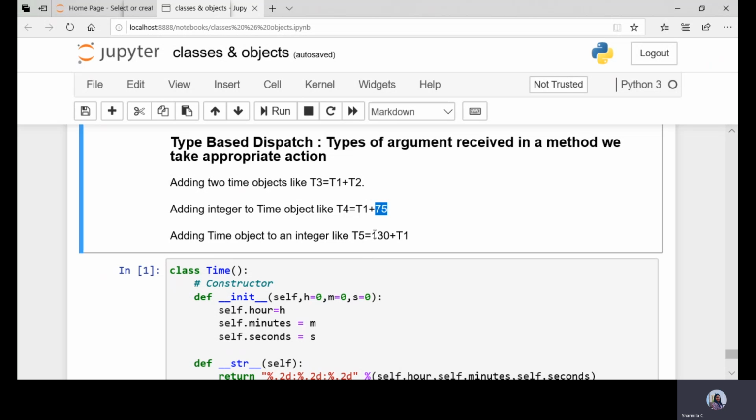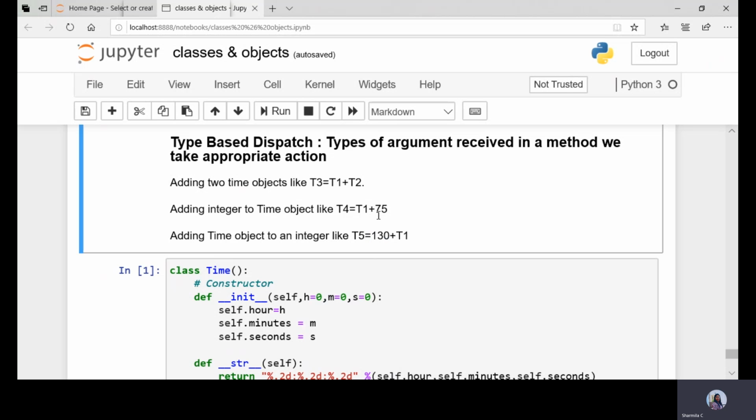Then we'll take one more case where an integer value is added to an object, but the integer is present as the first argument given as input to the add function.